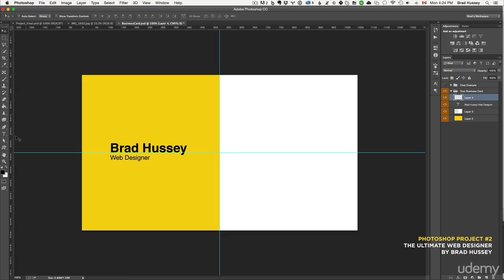And now we have the text on one side, and now we're going to create one more layer and more text. You can hit T on your keyboard or click in the toolbar here. And I'm just going to put some fake information. You could put your real information if you would like. But for my own sake, I'm not actually going to put my contact information. So email at address.com,